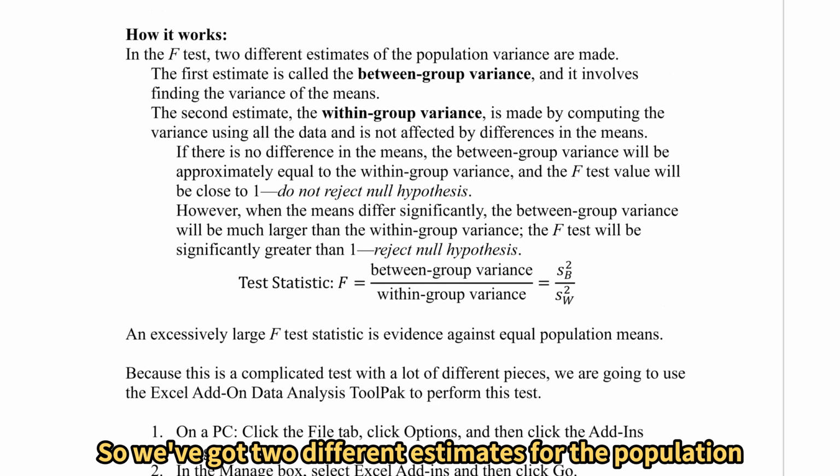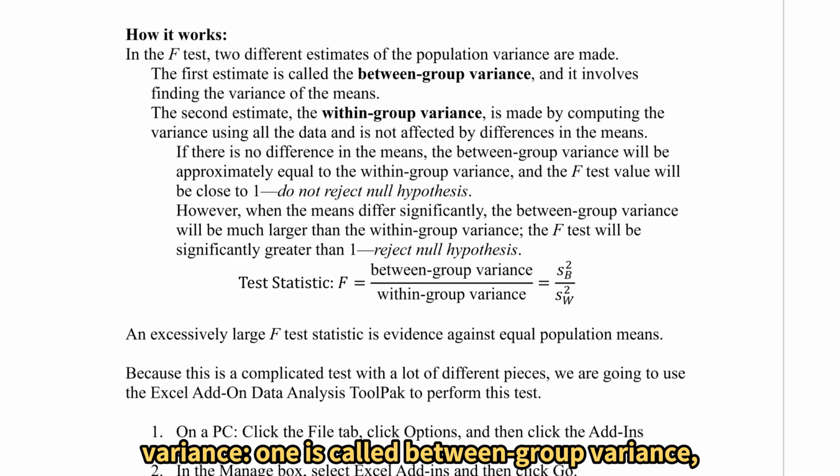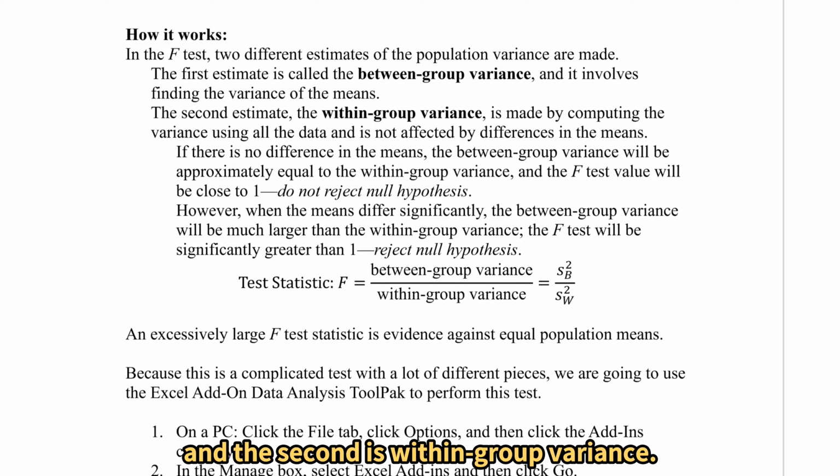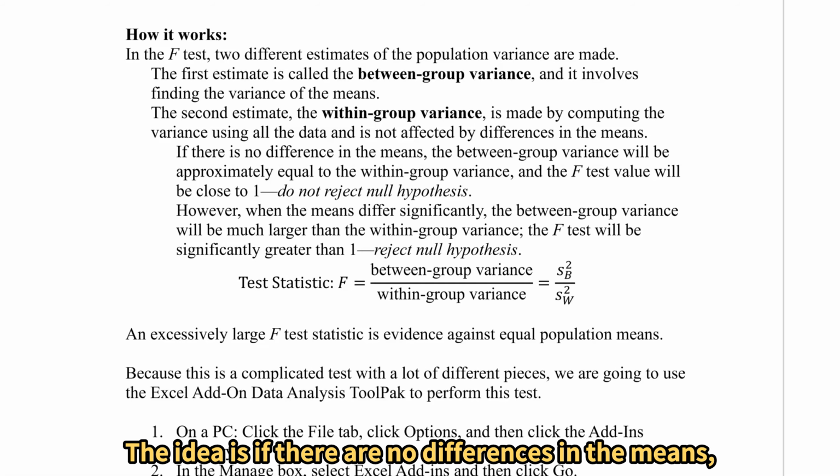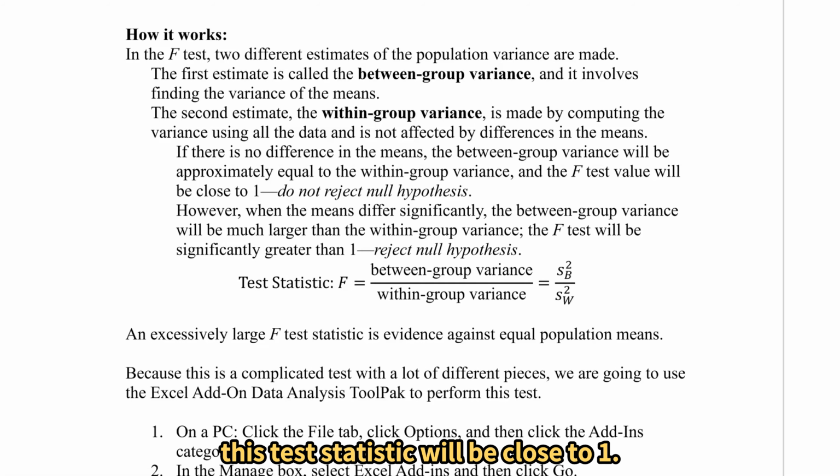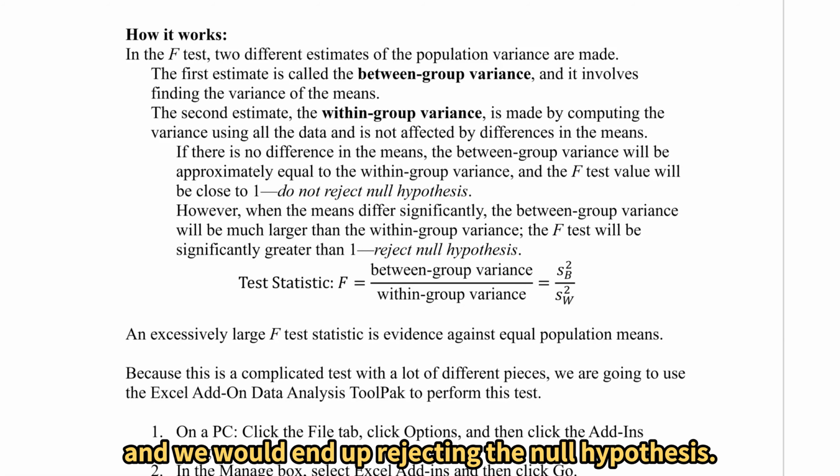So we've got 2 different estimates for the population variance. One is called between group variance, and the second is within group variance. The idea is if there are no differences in the means, this test statistic will be close to 1. The between group variance and the within group variance will be approximately equal. But when they differ significantly, the between group variance will be much larger. And so we would have that test statistic being much larger than 1, and we would end up rejecting the